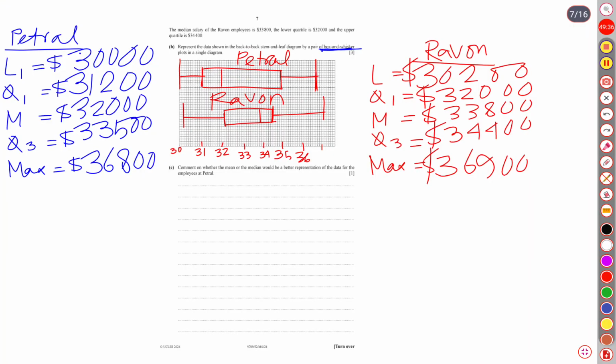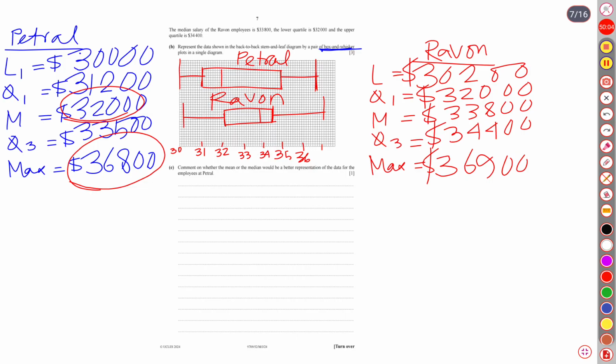Let me change the ink. Median was 320, whereas the extreme value is what? 368. So,